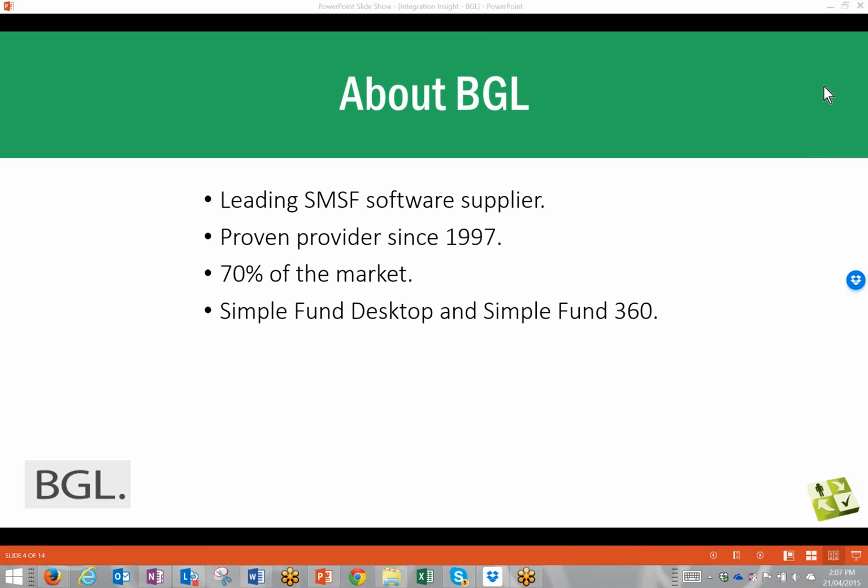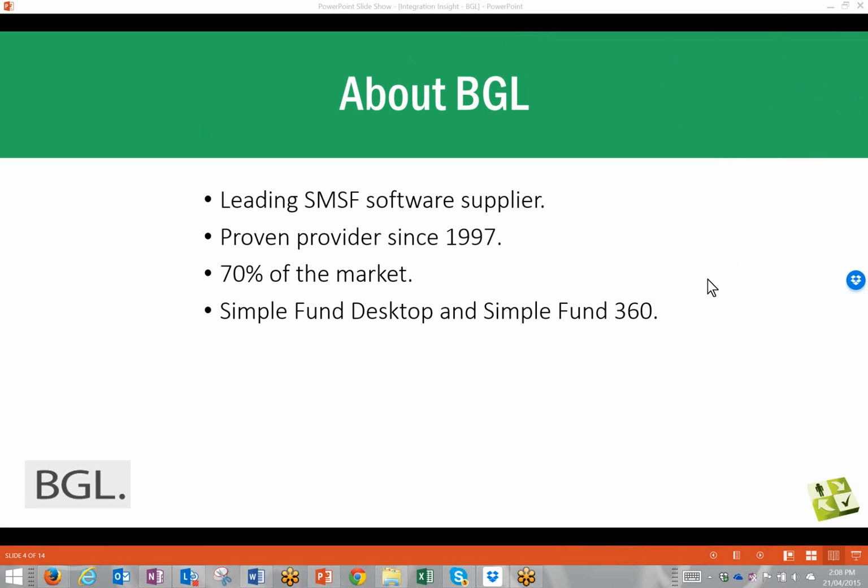Just so people are aware of what we're doing with SimpleFund Desktop, there has been some talk and or discussion as to whether or not we continue with it in future. Just quickly, I'd like to say that yes, we will still continue to support and develop the product. We'll continue to do all the compliance changes to ensure that all the users that want to continue to use SimpleFund going forward have all the necessary reports, compliance changes, etc. made to be able to do the compliance work for self-managed super funds. So there is no discussion about discontinuing that product now or anytime soon, because a great chunk of our